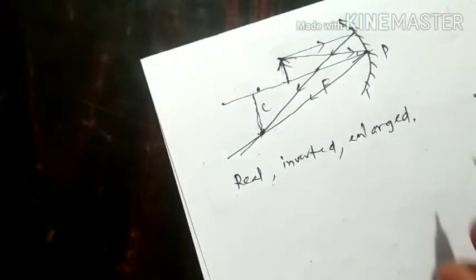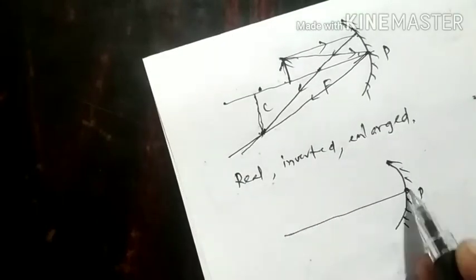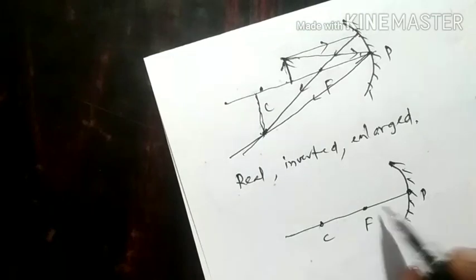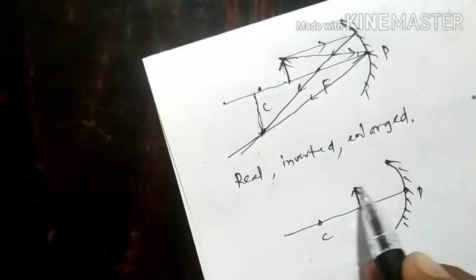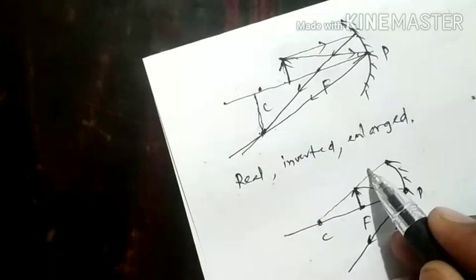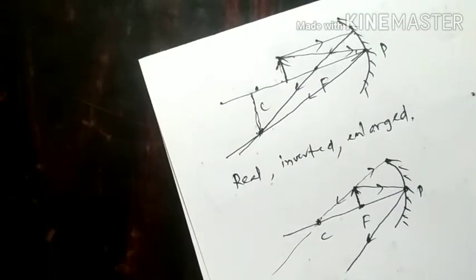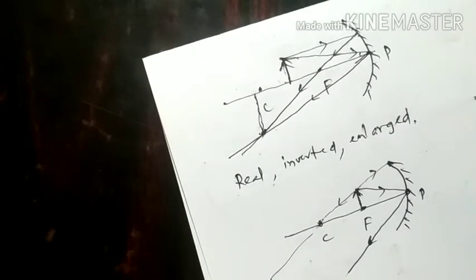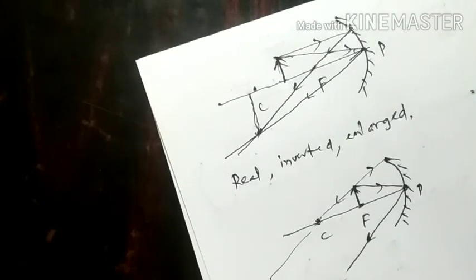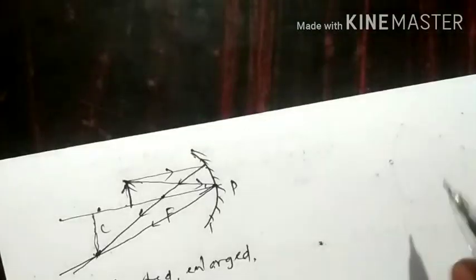This is increased, enlarged. And the next one, at F, means at infinity. If the object is placed at F, so this is the focus, this is the center of curvature, the object is placed at F. So you can consider oblique incidence, so obliquely reflected, and you consider the light ray passing through the center of curvature. Again it is the center of curvature; are they going to meet at a point? They are not going to meet at a point because they are almost parallel. So the image is formed at infinity, real, inverted. So we don't see whether it is enlarged or something. So in these two there is a change we can see experimentally.